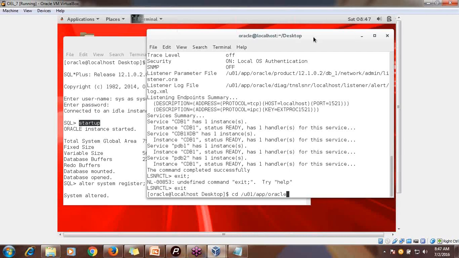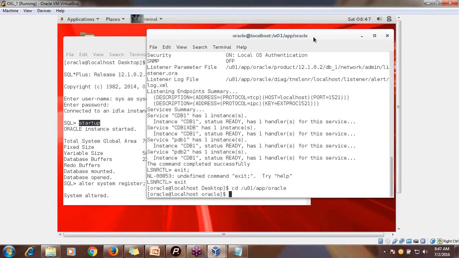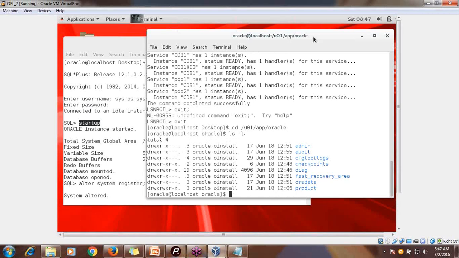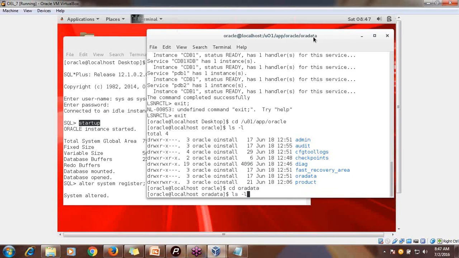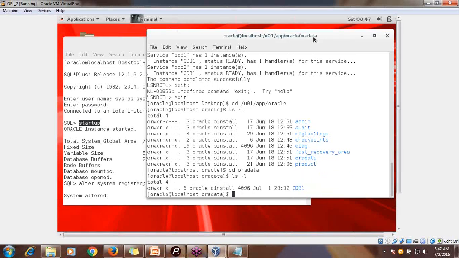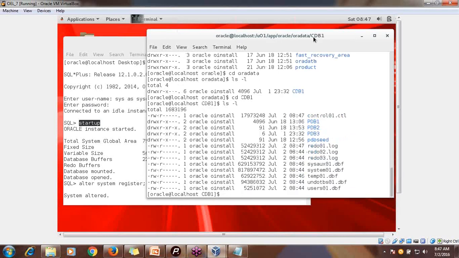This is the directory structure under u01 app oracle, which is the same as Oracle 11g. In the oradata directory, we store all the data files. Here you can find one directory, CDB1. I'm going into CDB1 and running ls -l. You will find your control file.